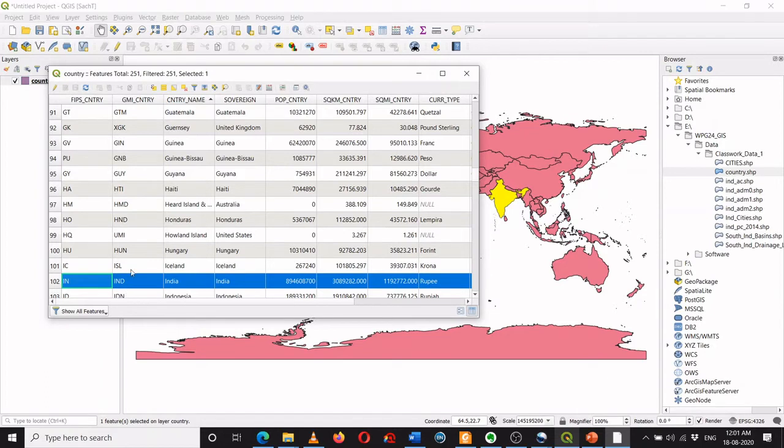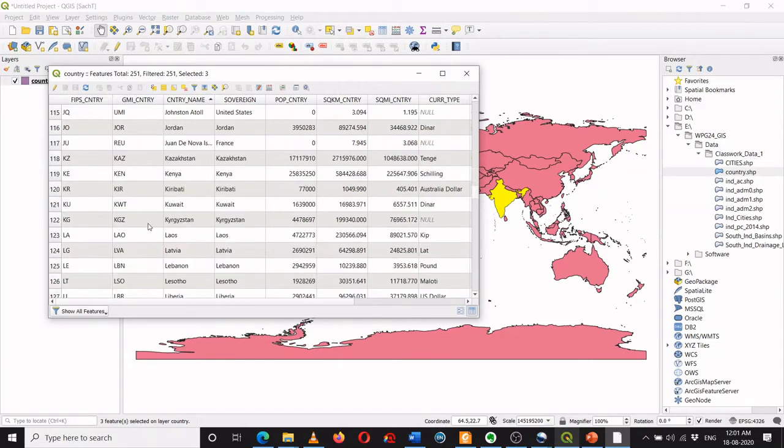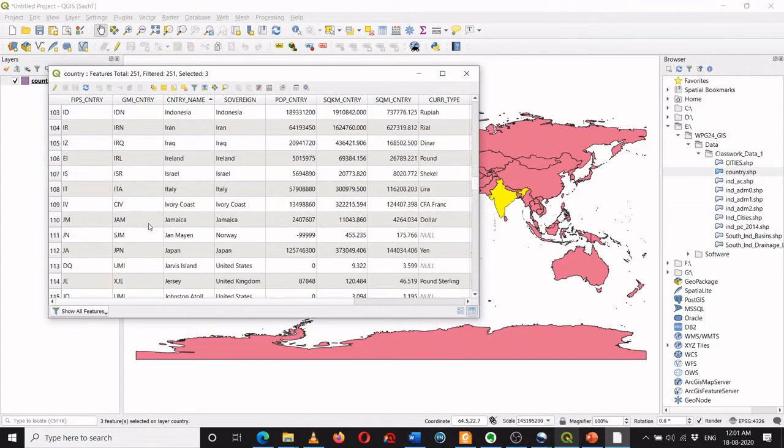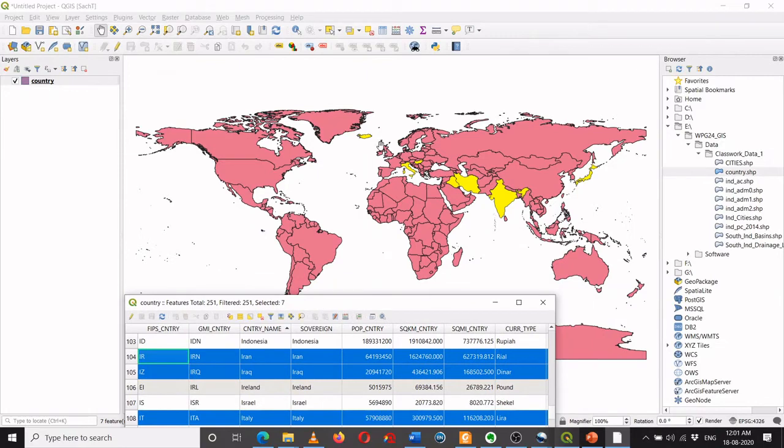Similarly, I can select several other polygons together by pressing the control button. If I press control, I can select Iceland, Hungary, Japan, Italy, Iraq, Iran, and now you can see all those selections are highlighted in this map with this yellow color.